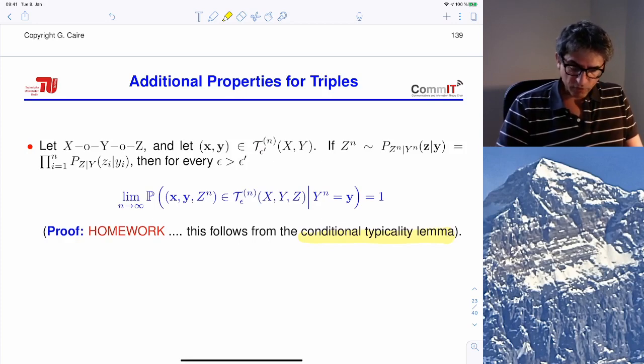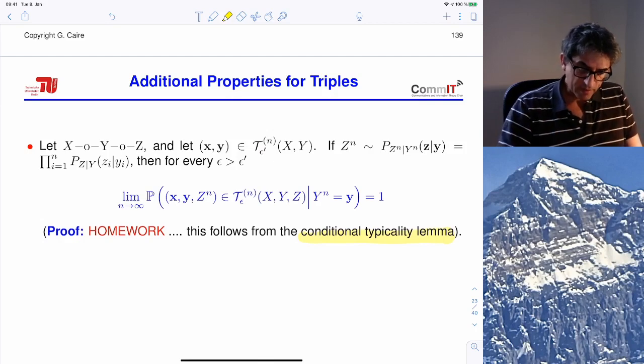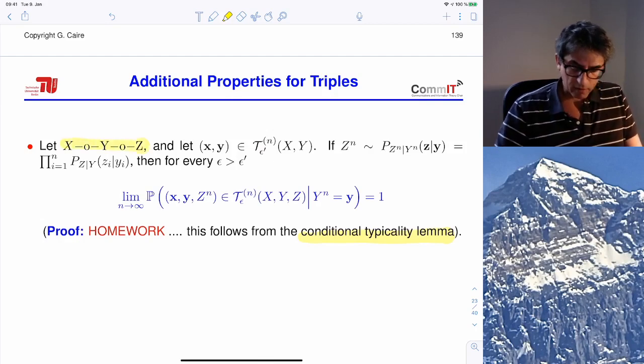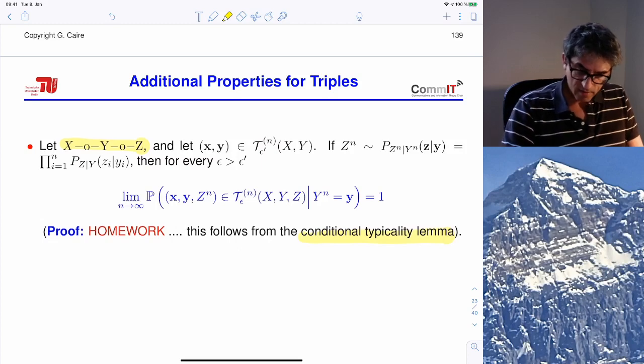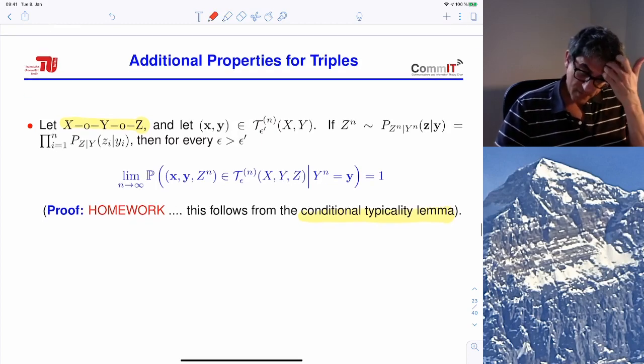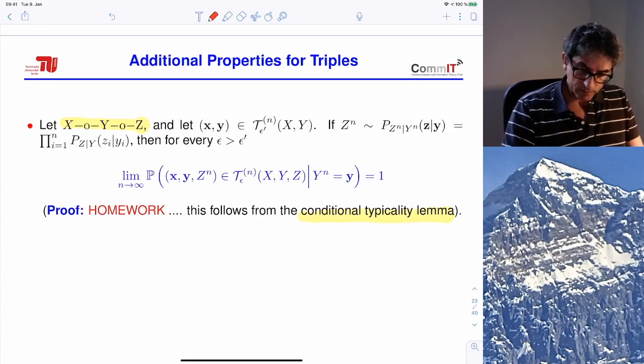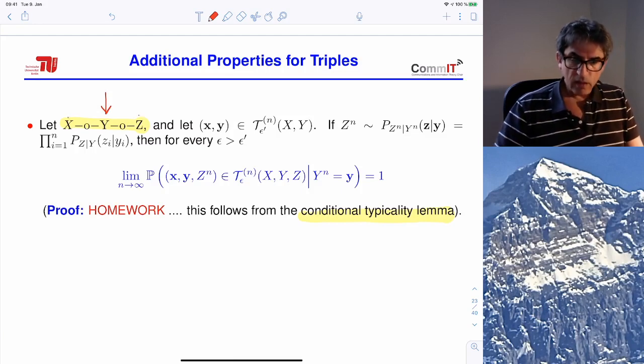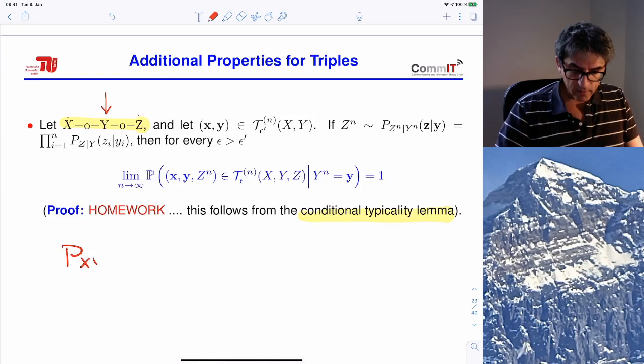So this proof says the following. Suppose that we have a triple of random variables X, Y, Z that forms a Markov chain. Forming a Markov chain, I repeat, because I already said that a couple of times, means that if I condition with respect to Y, X and Z become conditionally independent. Or, in other words, equivalently, that the joint PMF of X, Y, Z can be factored as